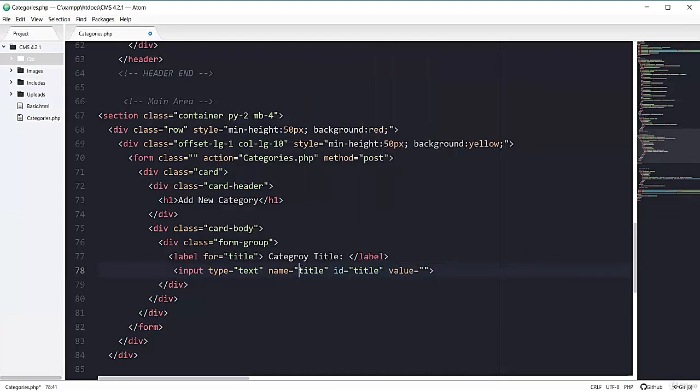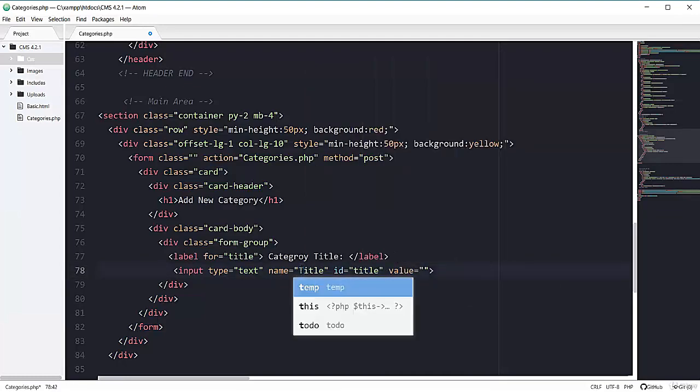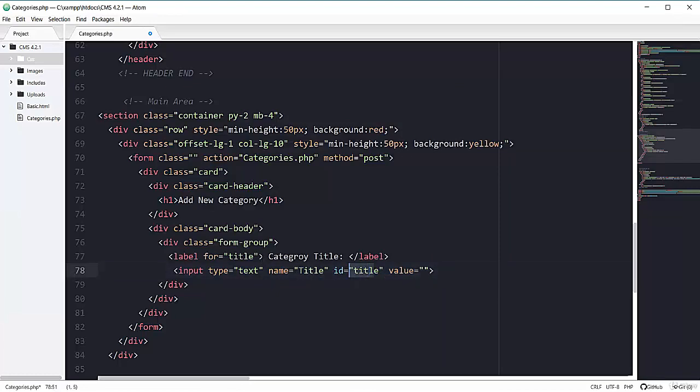Let's make it named with the capital T so that we can differentiate later when we have to get this input field. And this ID must match with this for of label. You can also add the placeholder here if you like. So you can say type title here.